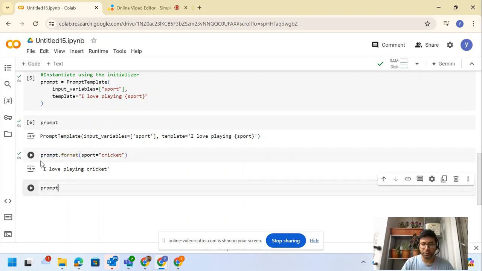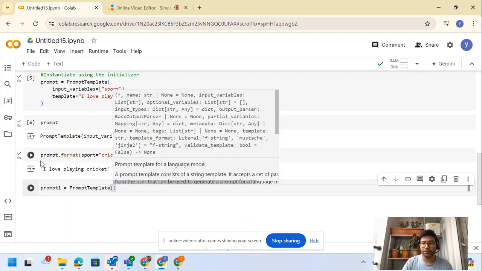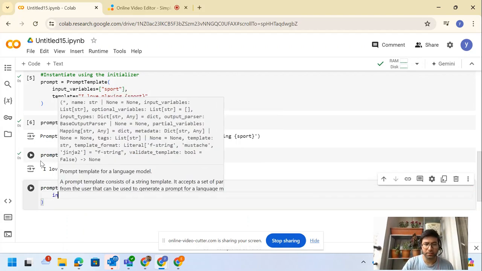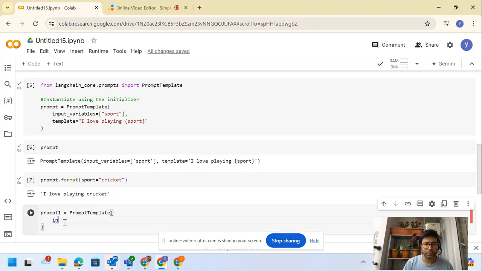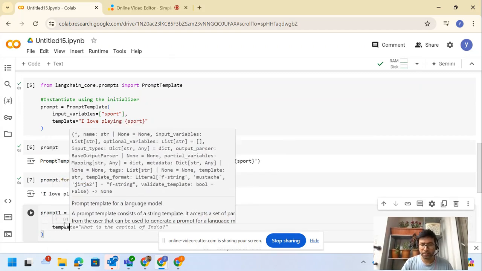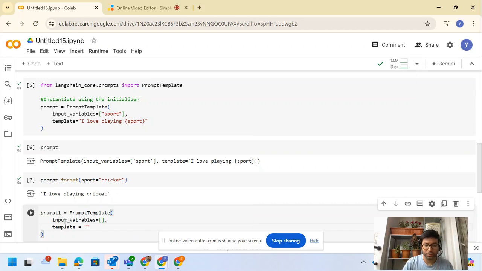Let me create another prompt, prompt one, as a prompt template, and within this we'll give our input variables as something, and then template is equal to "I like to study", and then here we'll write subject,